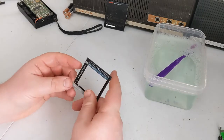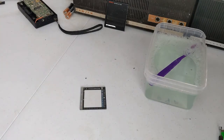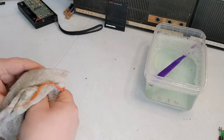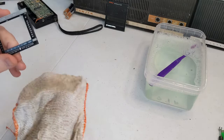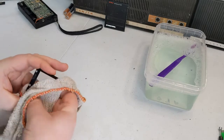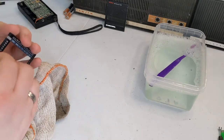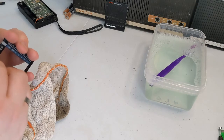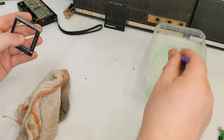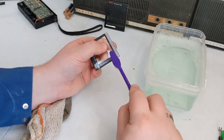I'm going to, rather than getting it all soapy straight away, just try and give it a dry polish. I suspect that the biggest problem with this, because I'm not going to be able to get all the little scratches out, is probably dirt, basically greasy finger marks. If I can get those off, it's not too bad. Just need to get this really glue off the front from where the sellotape's been holding it together. That might well call for a bit of a...